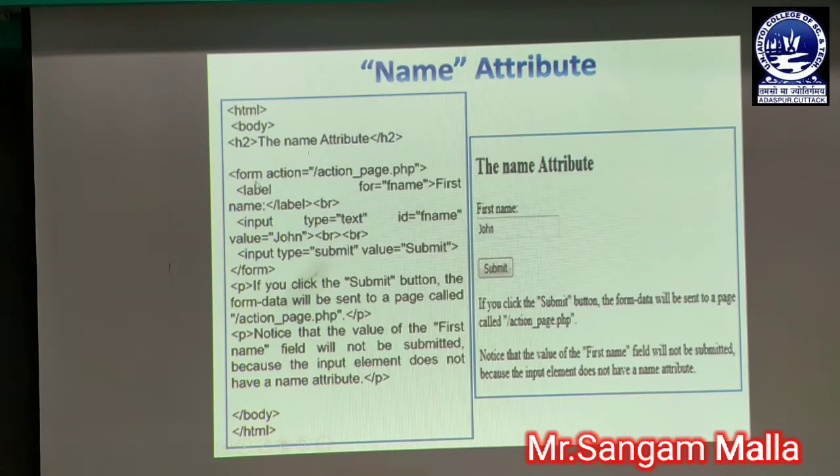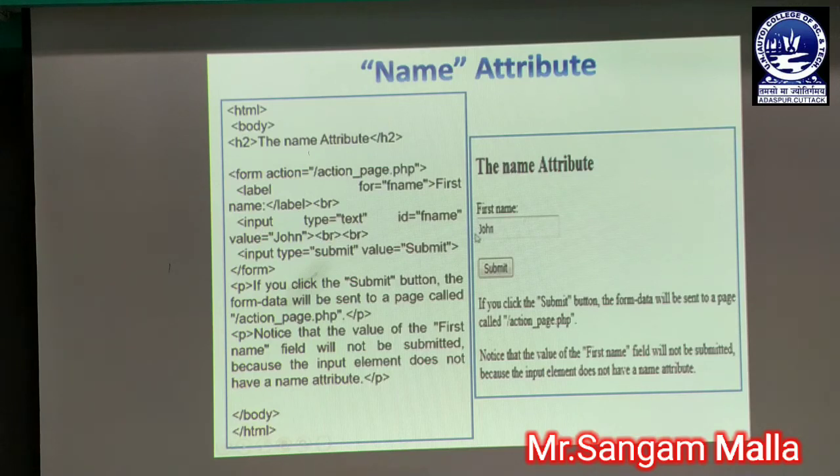Next comes our form tag, where we have given action equal to action_page.php. That means this is the page in the server. So whatever data we collect in this form will be transferred to action_page.php, which has been stored on the server side. Next comes our label, first name. First name is the first label of the web page, which has been given by the label tag. Next we have given input type equal to text.